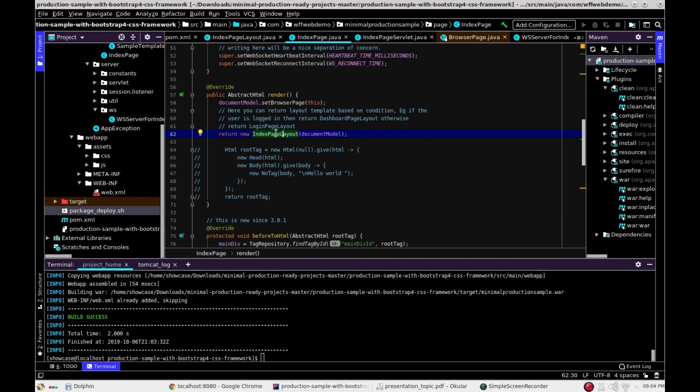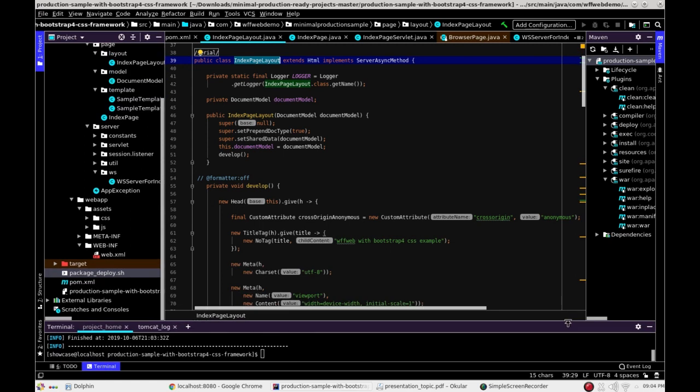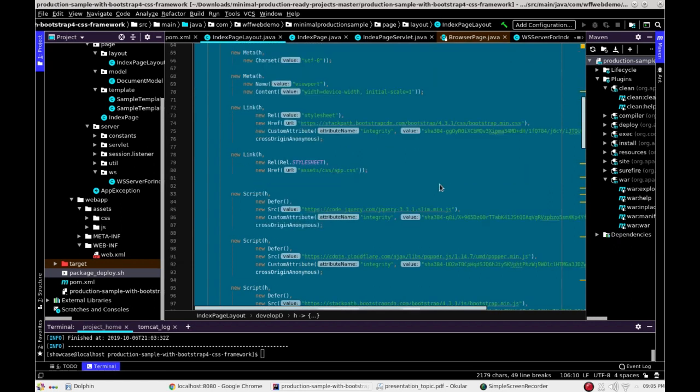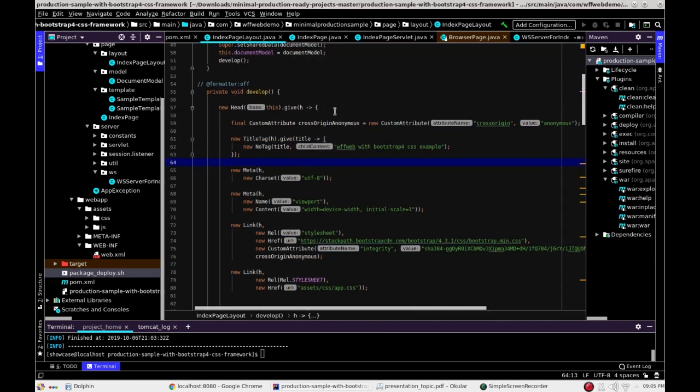So this is a tag. HTML is a tag, and I'm extending this tag in this class. I'm naming it index page layout. So this is the body, and in the body I'm writing